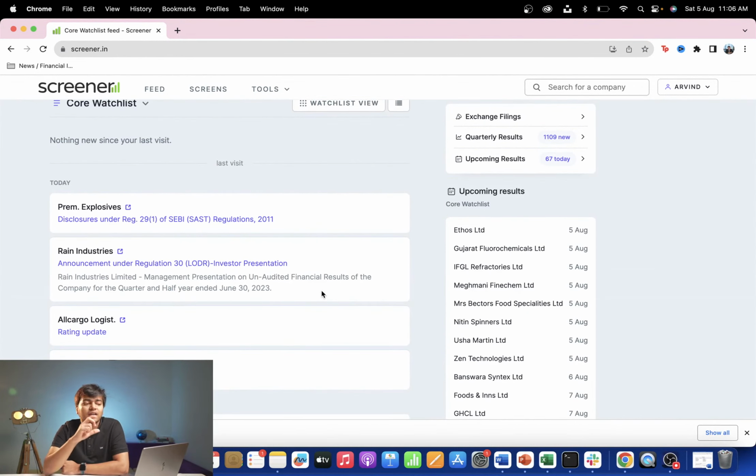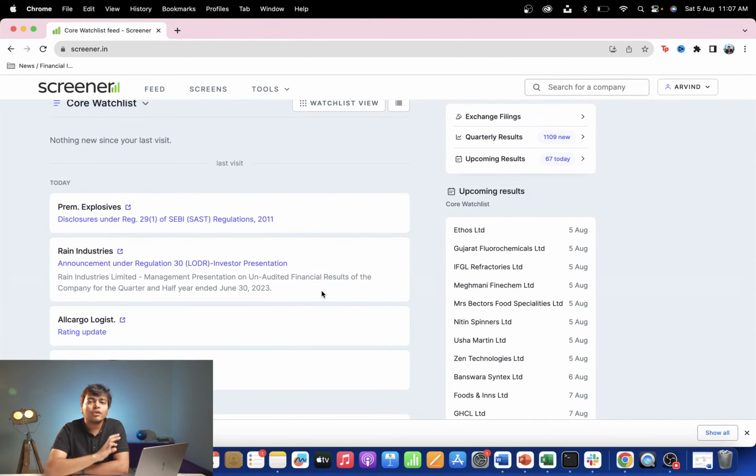And lastly, when you open screener.in and create a login, you will see that there are notifications placed already for you. This basically tells you about the new notifications that are coming for the companies that you have marked in your watch list. Like how we have a watch list in our broker's account, in a similar way we have a watch list here as well, where any new announcement made by the company, it could be a dividend, a bulk deal, a block deal, a rights issue, or a board meeting that the company announces, all those things get